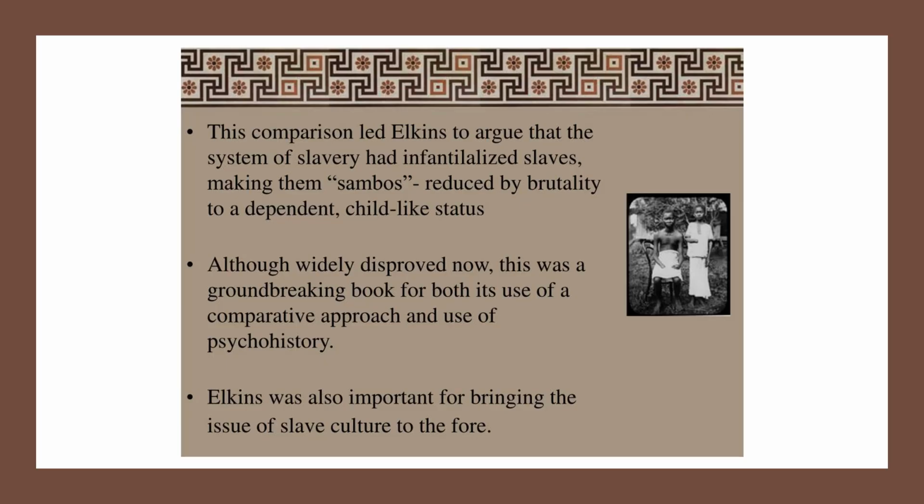So by the 1970s, again, the book makes a splash sometimes for the fact that it's flawed, because people attack the book and say, look, this is the reality of the mindset of slaves. It is not as total as Elkins wants to make it appear, which is good, because the end result is you have more people writing about the subject. So a couple decades after the book is written, this Sambo thesis is in tatters. But others want to refute it, and that's important. And that's why you have, again, texts that challenge what Elkins said.